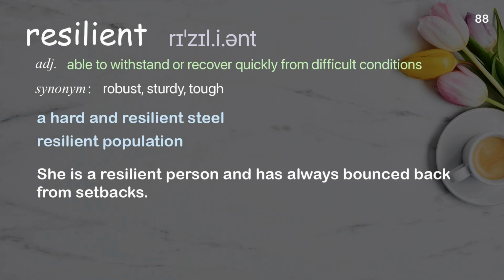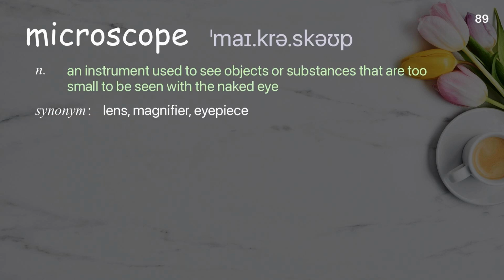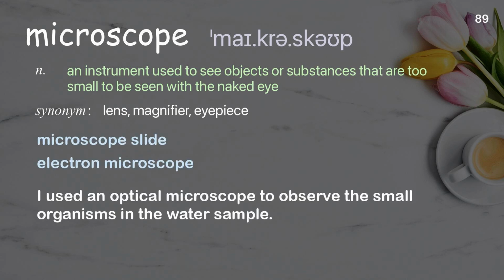A hard and resilient steel. Resilient population. She is a resilient person and has always bounced back from setbacks. Microscope. An instrument used to see objects or substances that are too small to be seen with the naked eye. Examples: